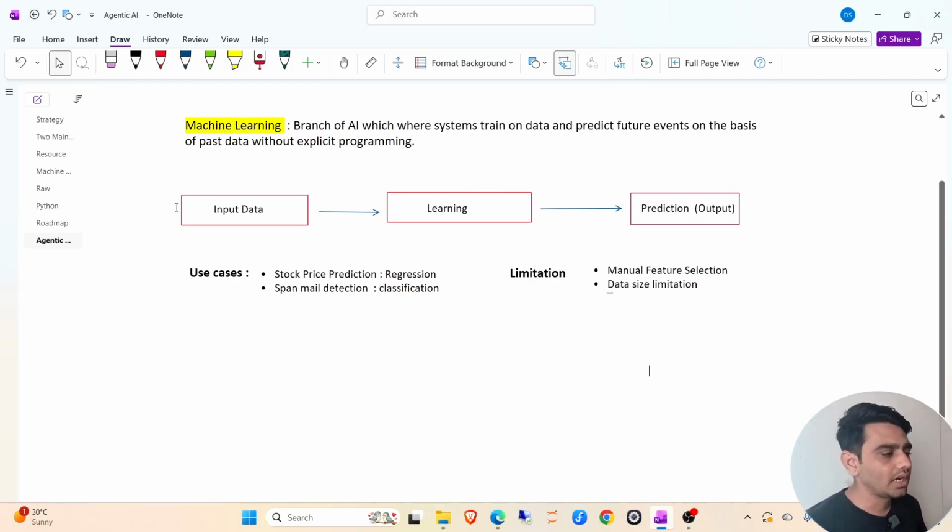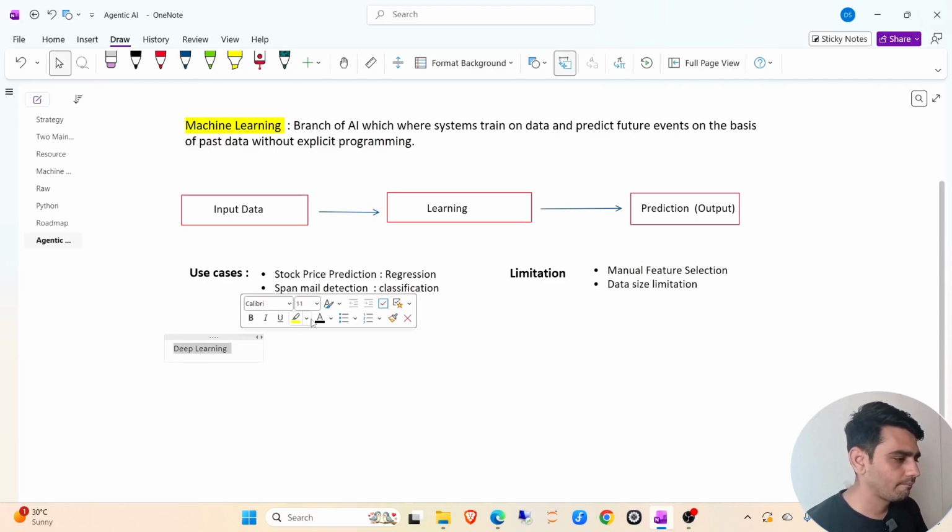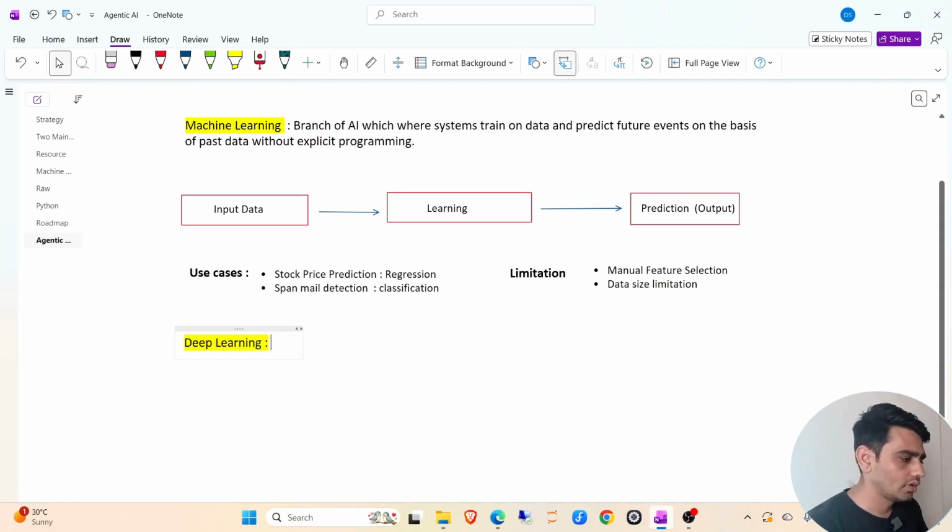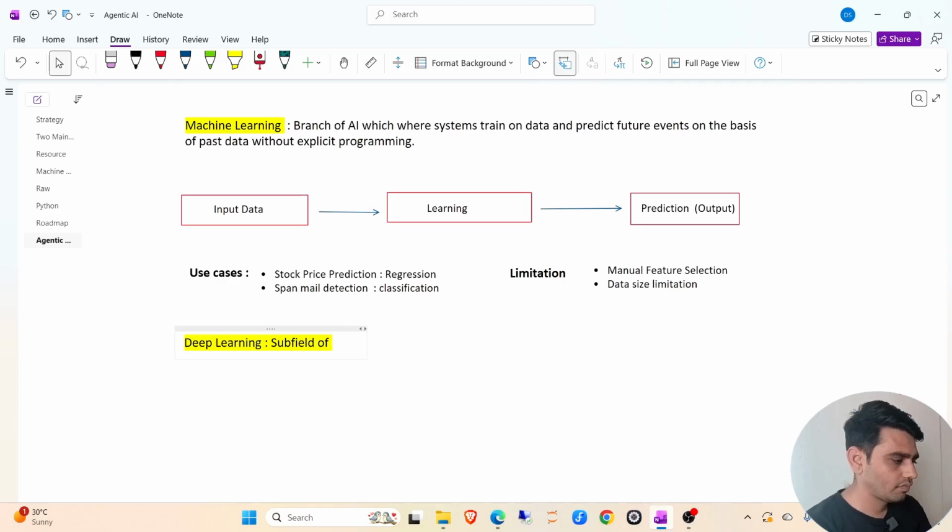Now, the next part we have to discuss is deep learning. So these limitations are solved in deep learning. Let me add the heading here. Okay. So deep learning again is a branch or subfield of machine learning,